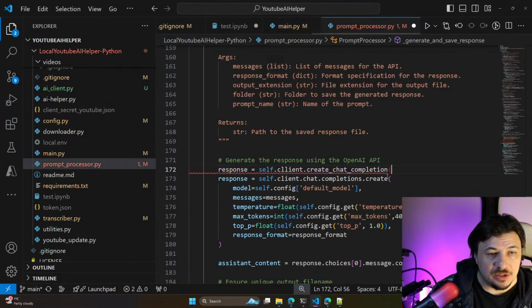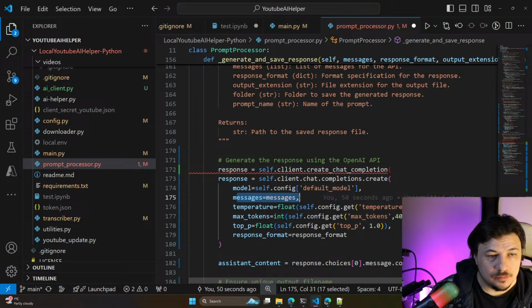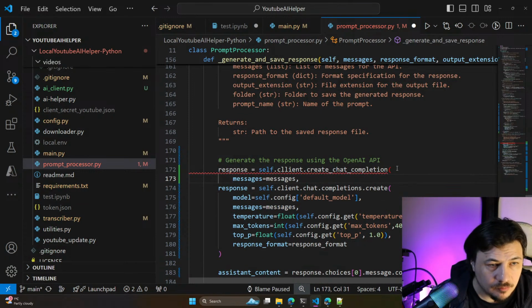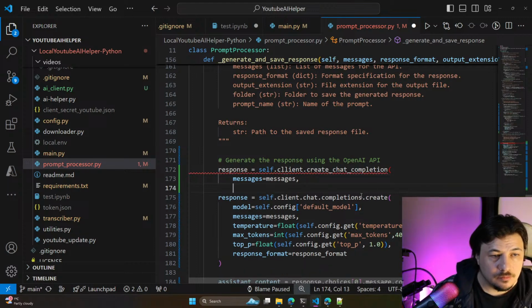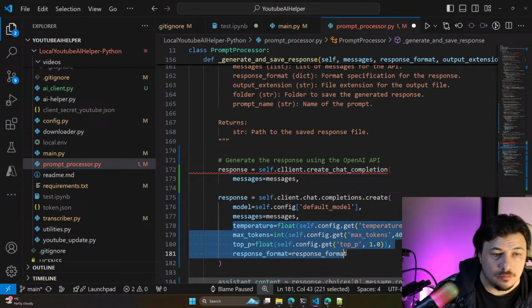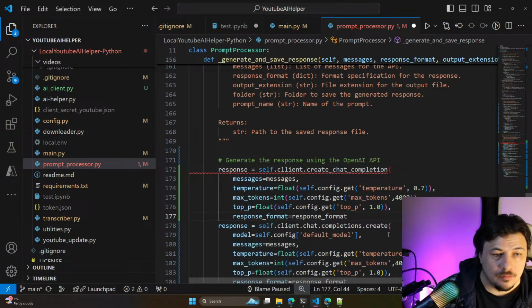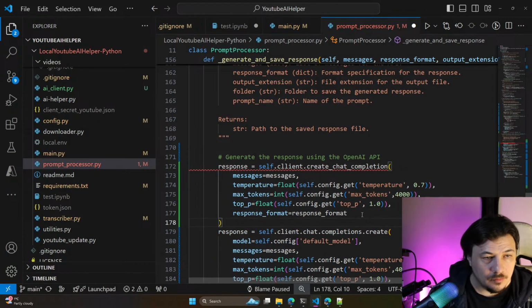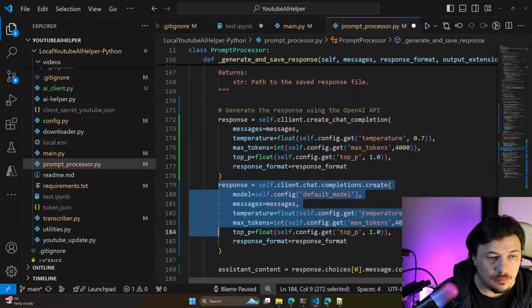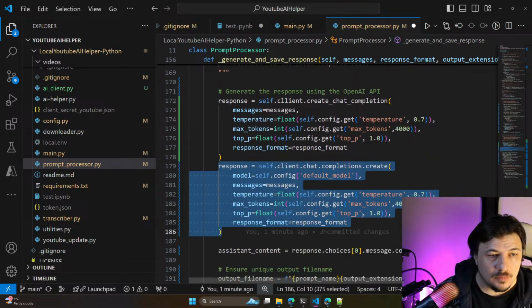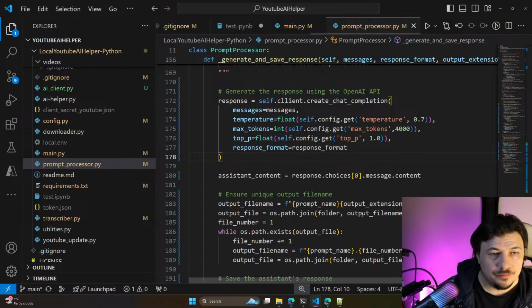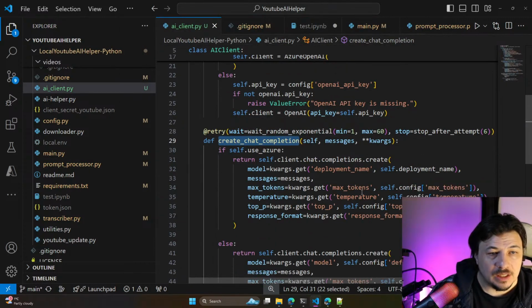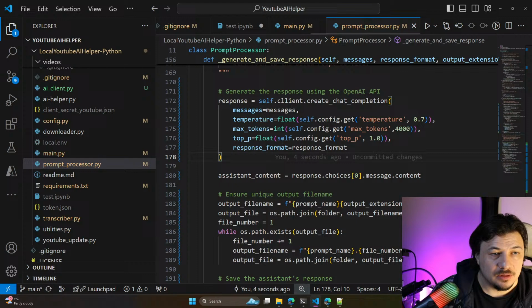It would be messages. And that is self config, actually max token, self max token.